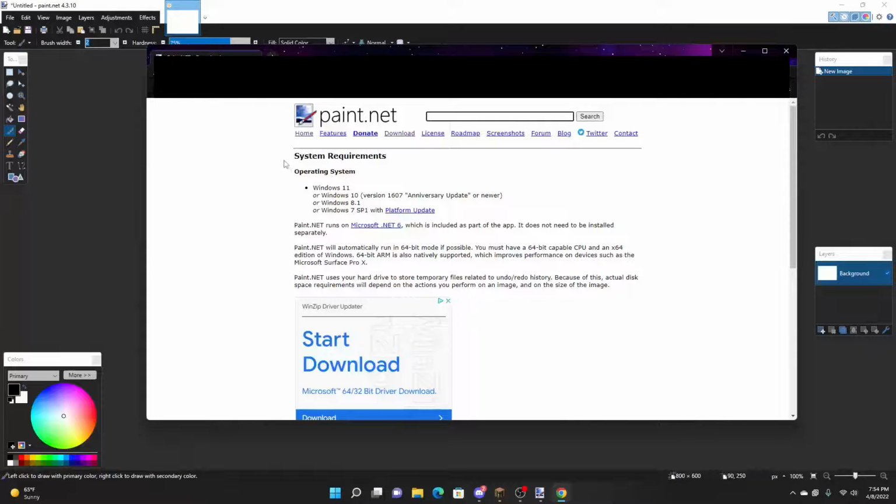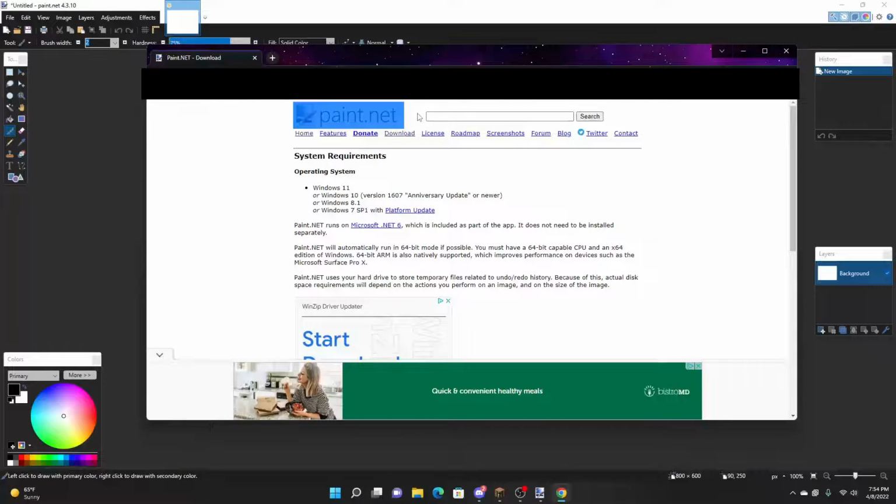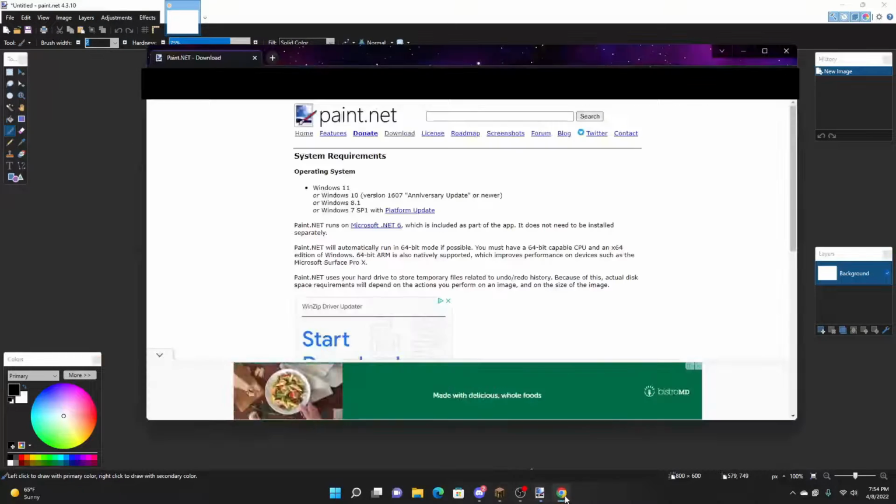Okay, so before we get into anything, I use paint.net. This is what paint.net is. It's free. You don't need to pay anything, and that's what I use right now. You can just download this. I'm not gonna tell you how to download it because you can just look up a separate video for that. Once you're done downloading paint.net,